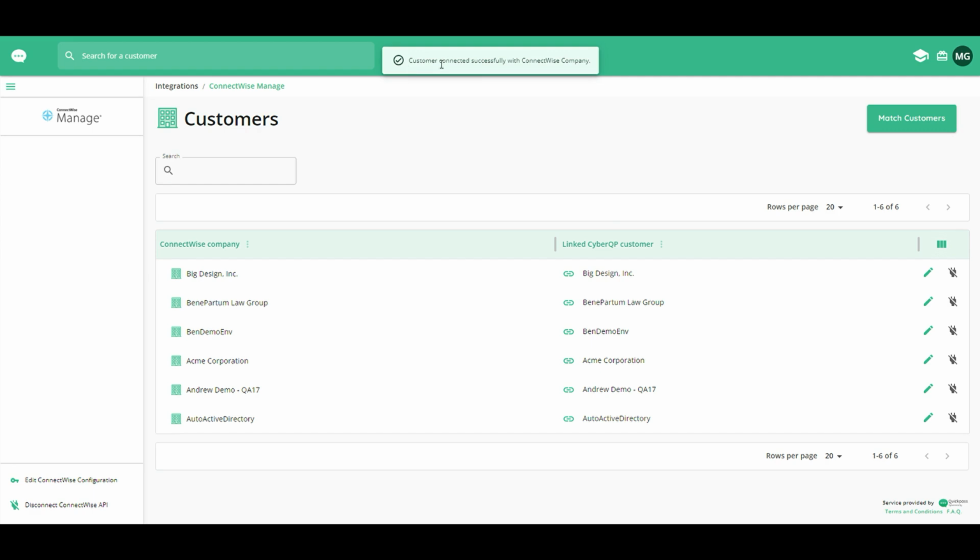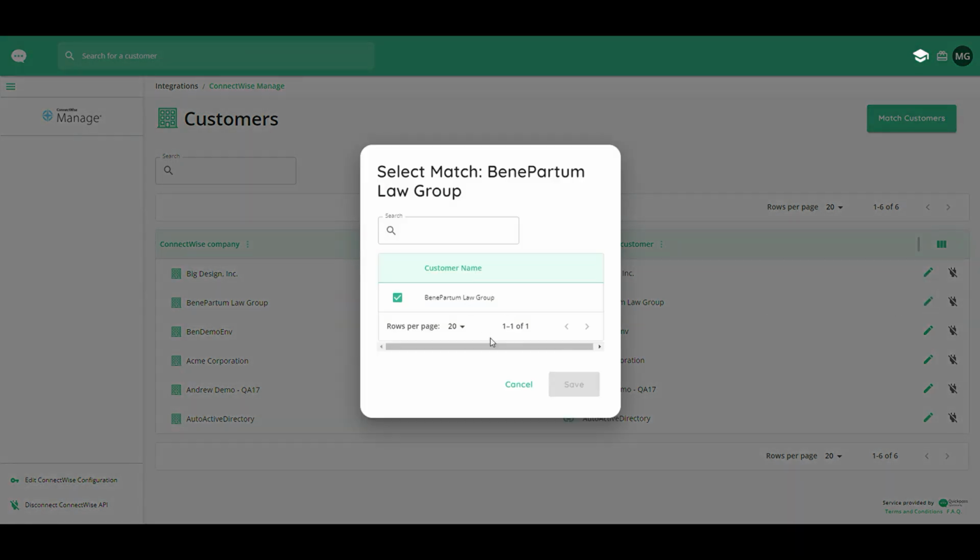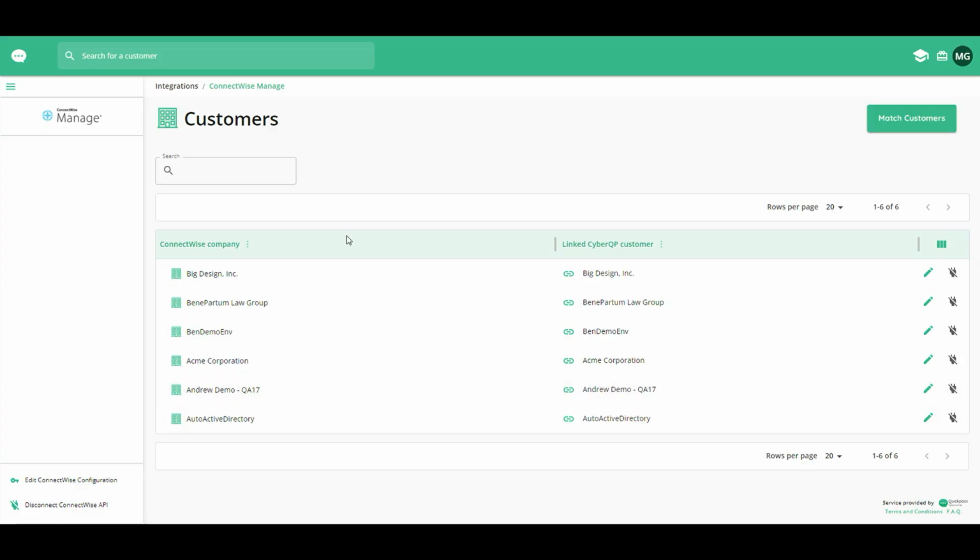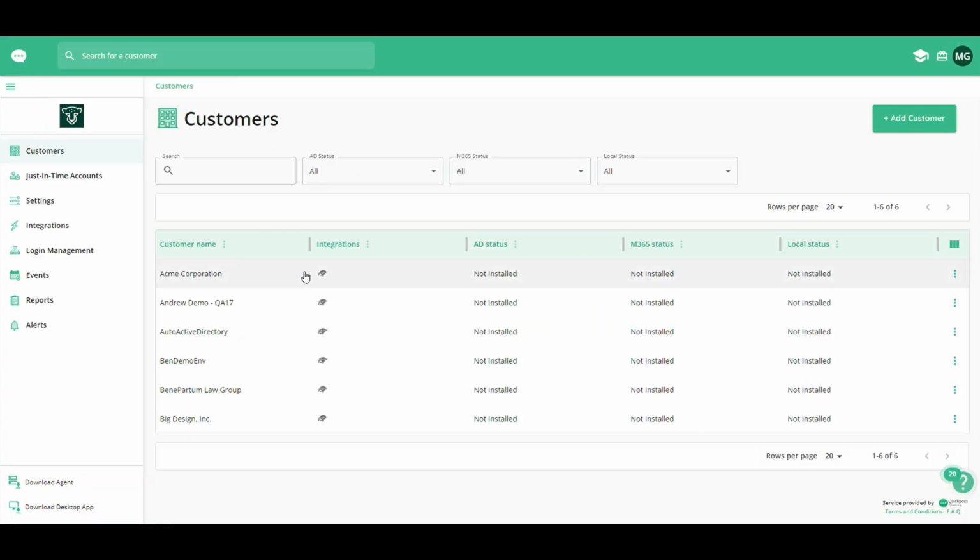Up top, you'll see the customer connected successfully with the ConnectWise company. It returns us to the linked page where we see the link between these customers. If we ever needed to disconnect a customer, or if we accidentally made a mistake, we could always click the pencil icon to change which company it's matched to. If we navigate back to the customers page, we'll now see all those customers that we had selected. Also, if you look at the integrations column, you'll see the ConnectWise logo indicating that this company has been matched